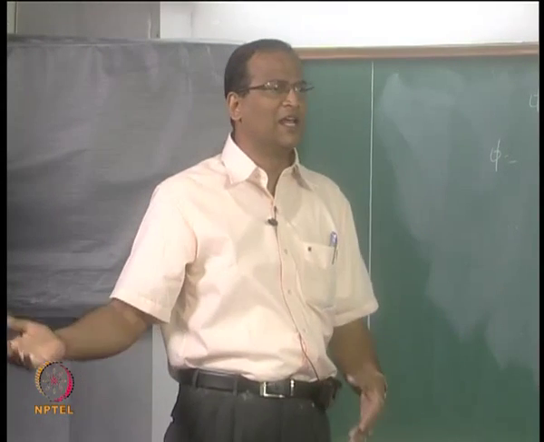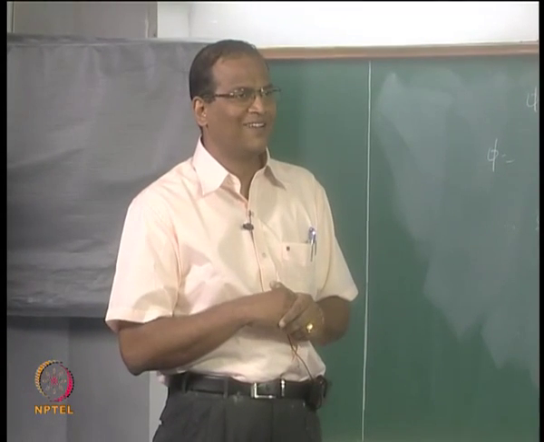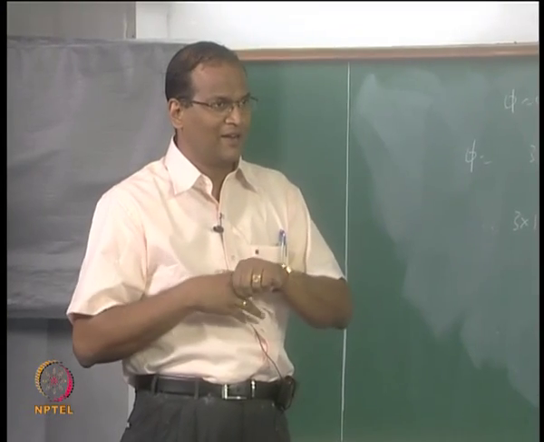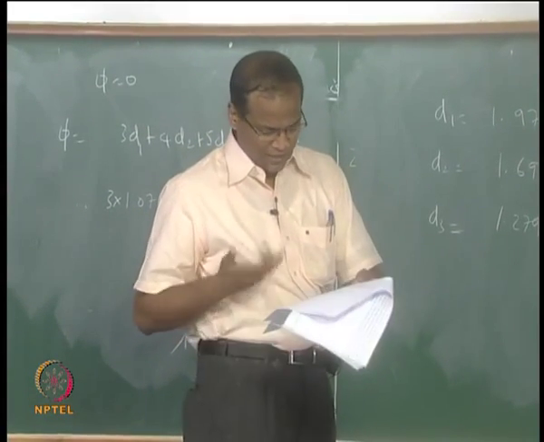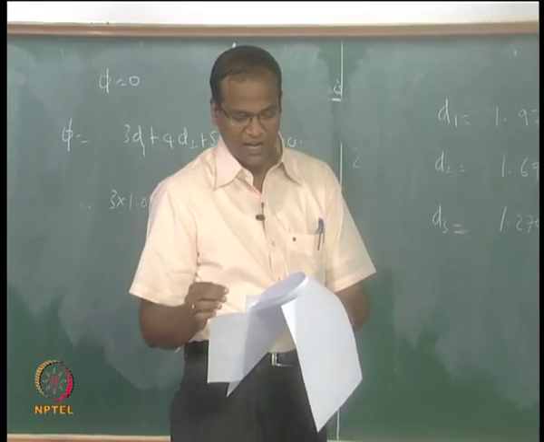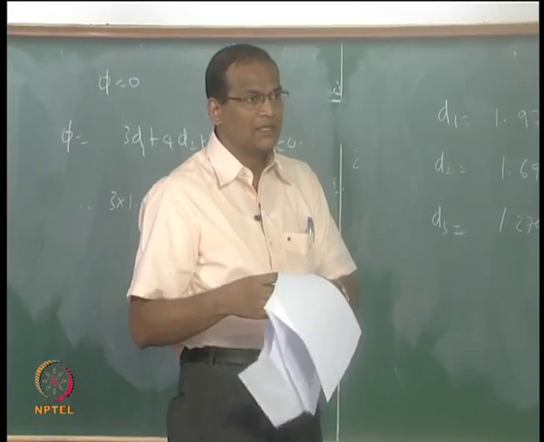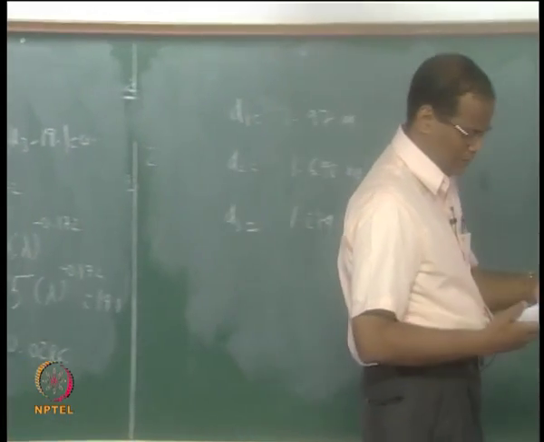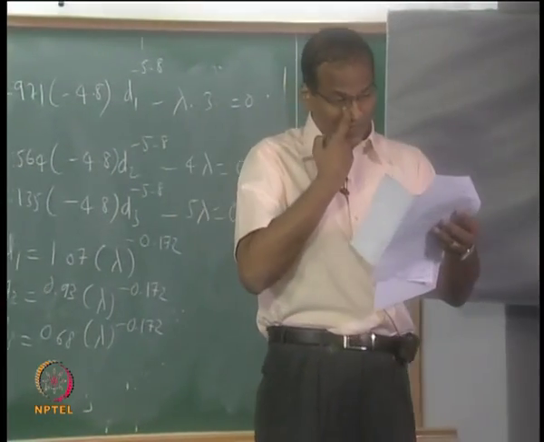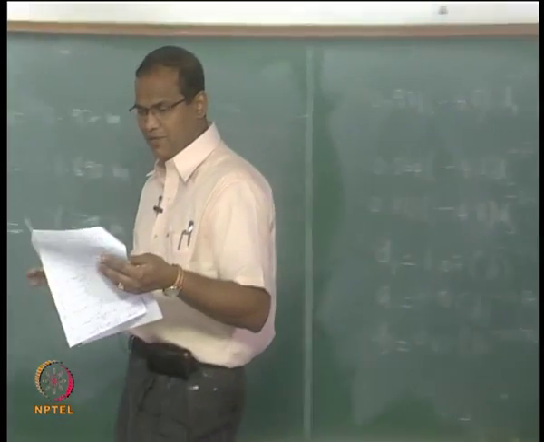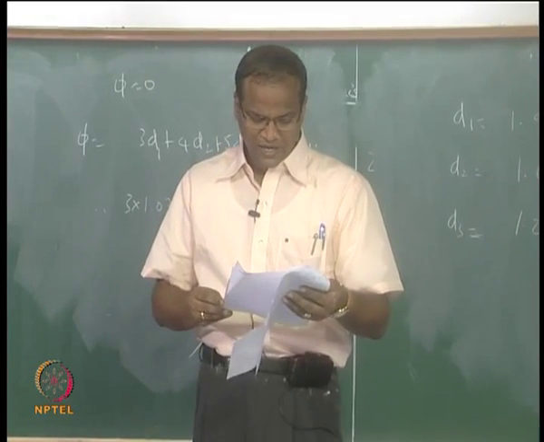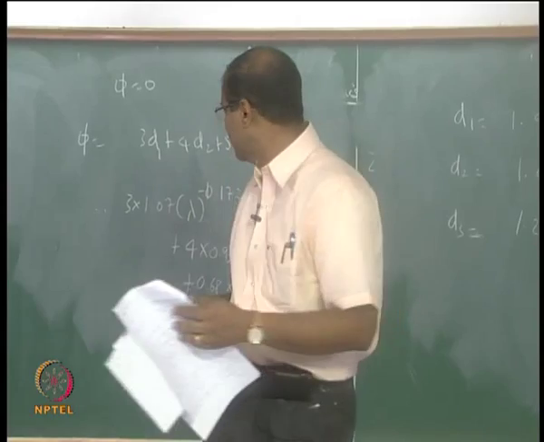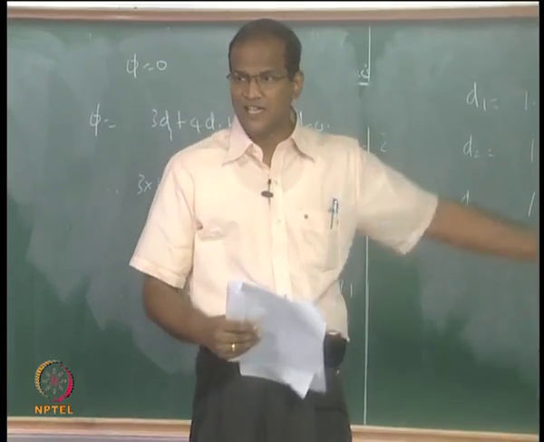How did the coefficients go wrong? Arithmetical error. No, because of course I made a mistake in delta P3. I got values which are close to this. My diameters were 1.95, 1.69 and 1.336. I just worked out before coming to the class. It's basically that minus 5.8 and all that, it's all tricky. Just work out the algebra patiently. Lambda should be very small. Lambda must be negative, isn't it? No, you adjusted here. Okay.